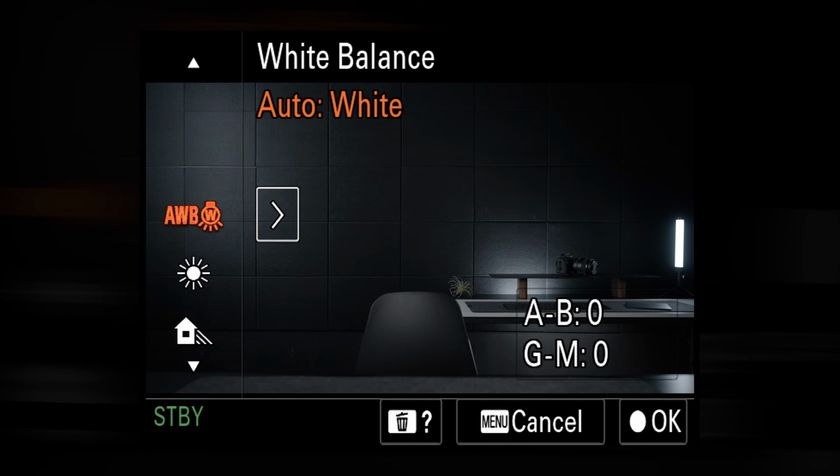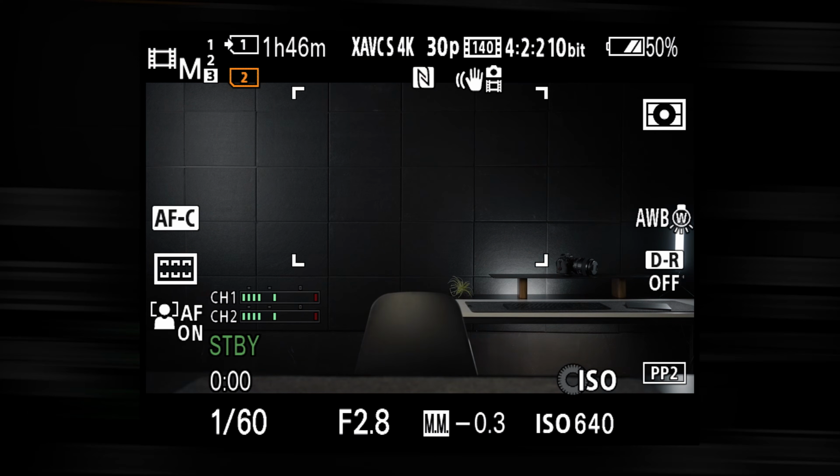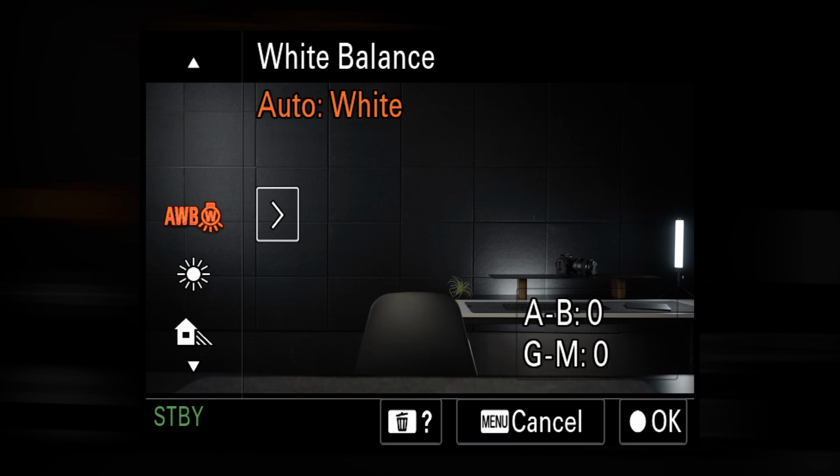So I use this in two different ways. For example, let's say that I'm doing like a vlog and the white balance is changing. I'm just gonna let the camera do its thing in auto white balance. If I'm in a scene that I know I wanna lock off the white balance, but maybe I don't know what the Kelvin setting is, or for some reason it has to be fast, I'll turn the auto white balance